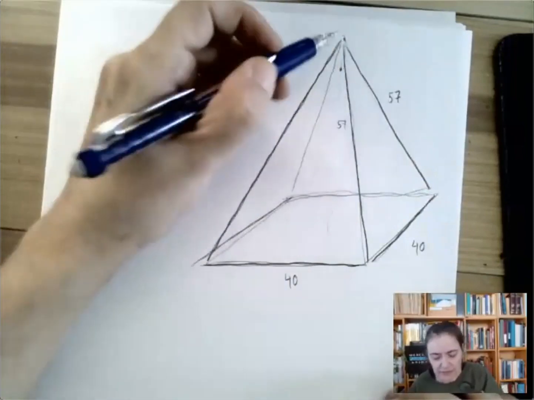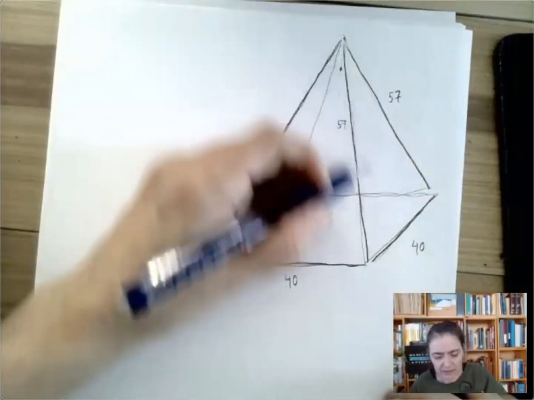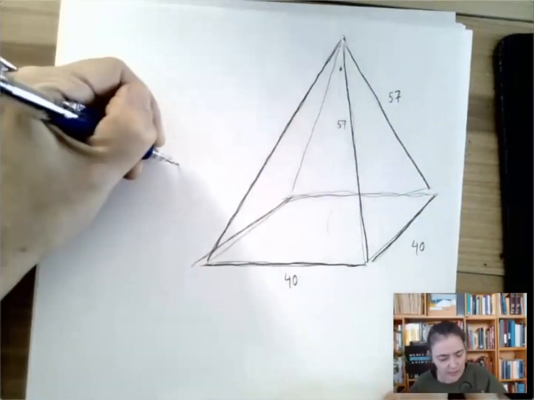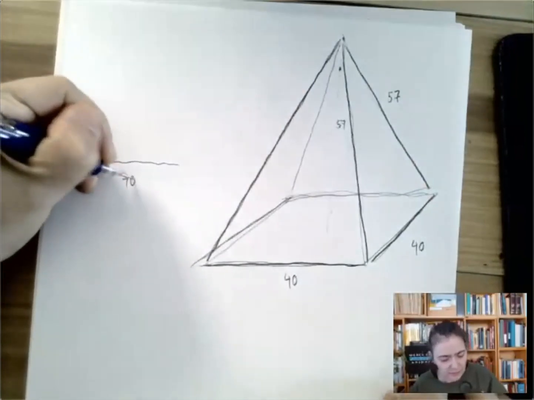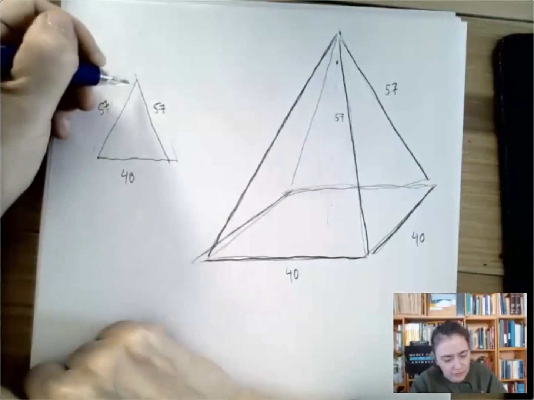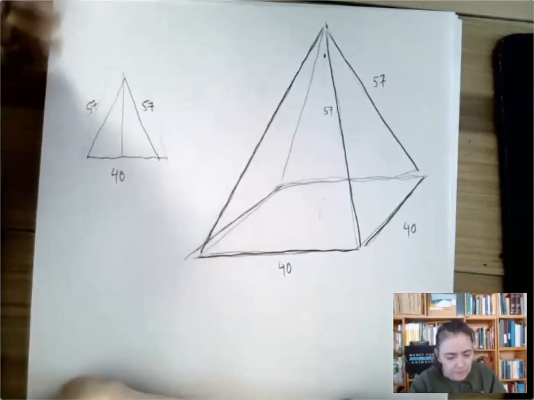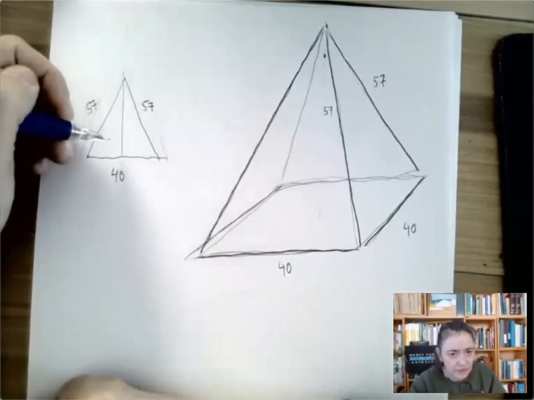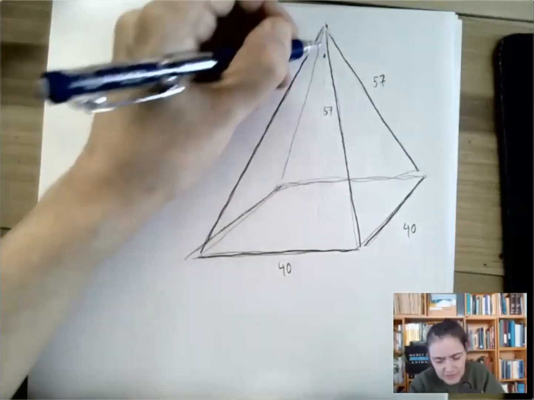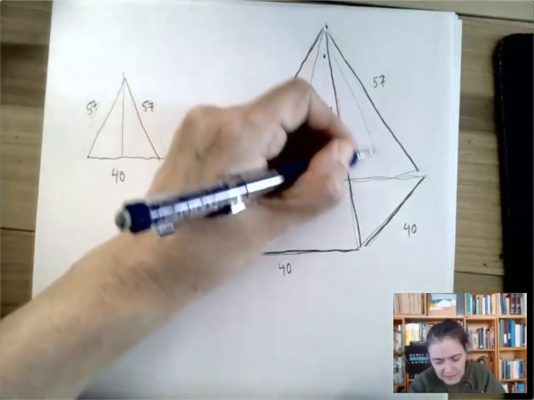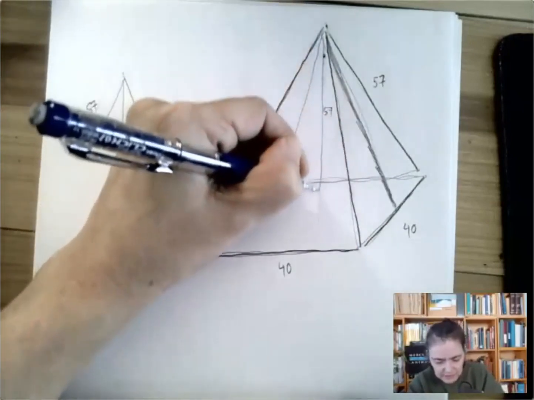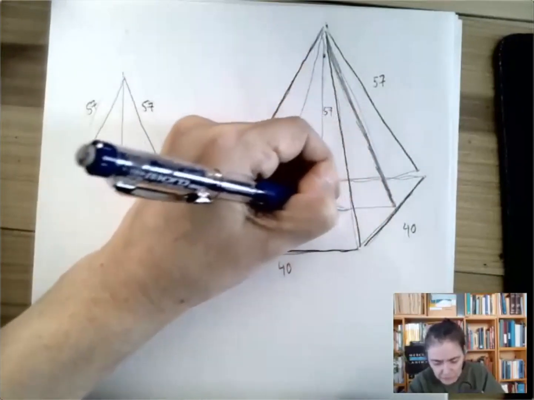And so we have an isosceles triangle here. This face of the pyramid is an isosceles triangle with base 40 and other 2 sides 57, 57. What we're going to first find is this line here. Now, it looks like this is the height of this triangle, but it is not the height of the pyramid. I believe it's called the slant height, is this line here. Actual height is this vertical line. And if you connect,